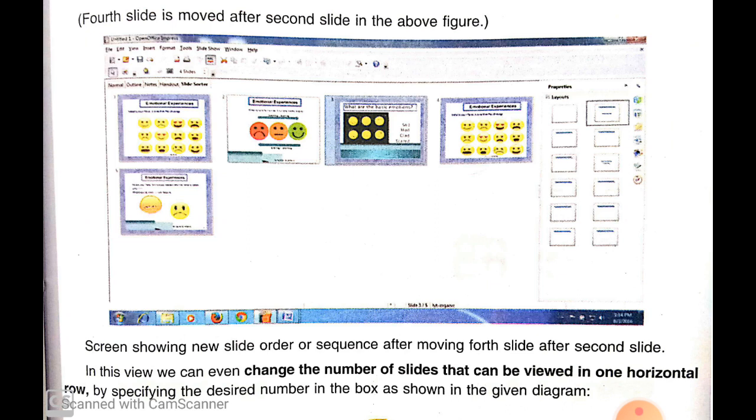In this view, we can even change the number of slides that can be viewed in one horizontal row by specifying the desired number in the box as shown in this picture.